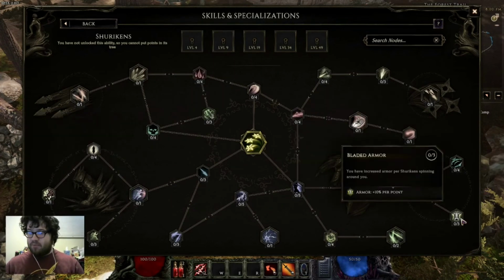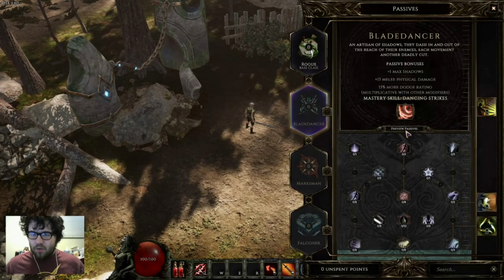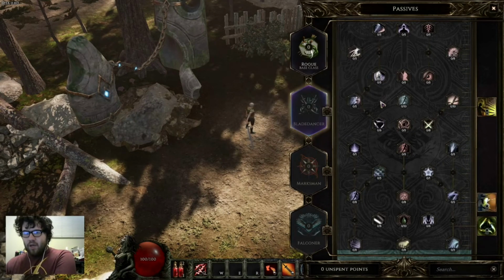You have the increased armor, by the way. Just so you know, as a rogue, if you did not know, since you get 30% increased armor per shuriken, if you have 7 shurikens, which is the max, right, for the blade shield, you get 210% increased armor, which is absolutely insane with this node here, Perfection. The perfect armor stack per Perfection. You have like, I think it's like